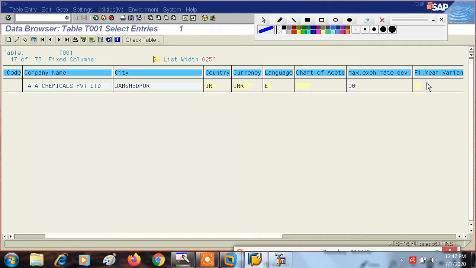Fiscal year variant has not been updated because we have not given the linkage between the company code and the fiscal year.